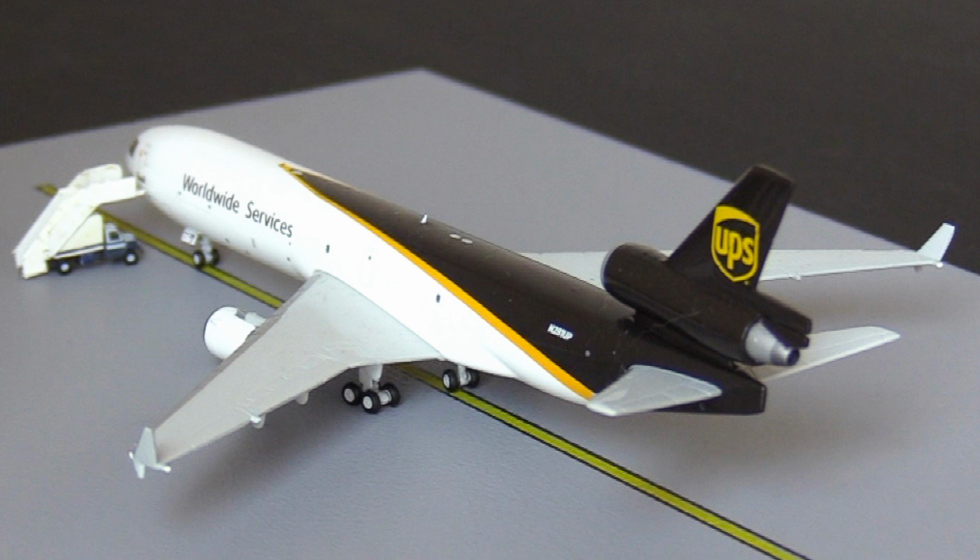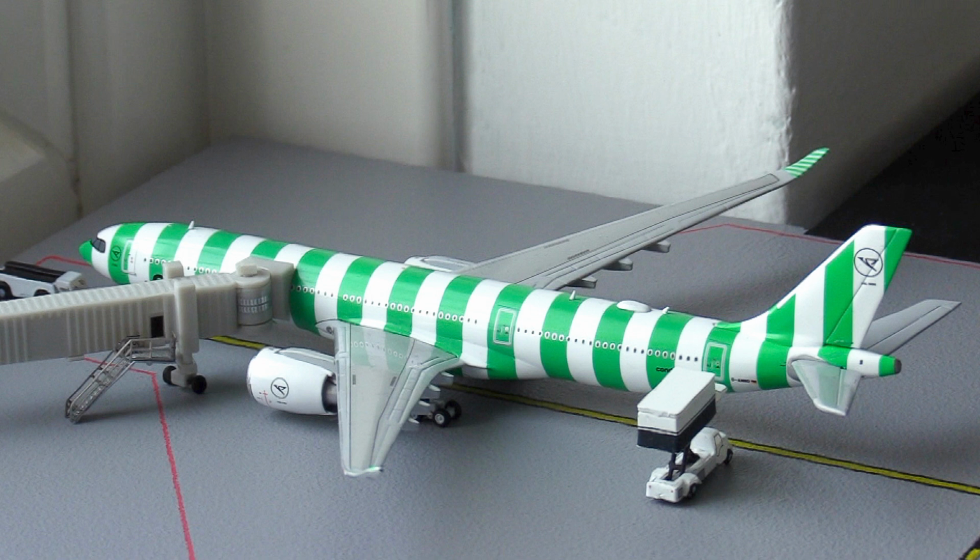Here we have this UPS MD-11. This aircraft is going to be heading out to Louisville in Kentucky. Moving around to the international gates, and that is one new good thing we have about this airport, is we now have two wide body gates at the international section. So we can now have, for example, Condor and British Airways in at the same time, which is really, really handy. But here we have this Condor